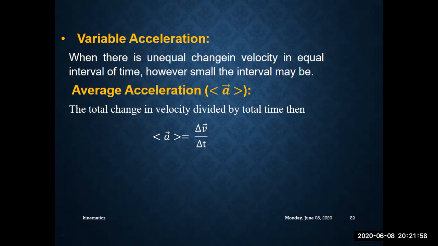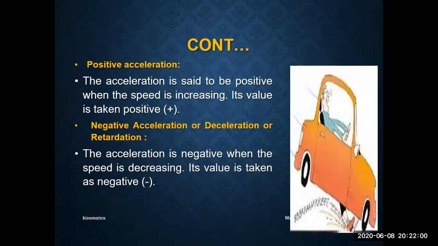You will be calculating average acceleration. Positive acceleration is if the velocity is increasing. How does it become positive? Simple. Vf minus Vi. If you are starting from 0, that is the initial velocity Vi, and you are reaching another value, 10 meters per second, this is the final velocity. How will you calculate the difference? If it happens during 2 seconds, then final minus initial, 10 minus 0 divided by 2, is 5.